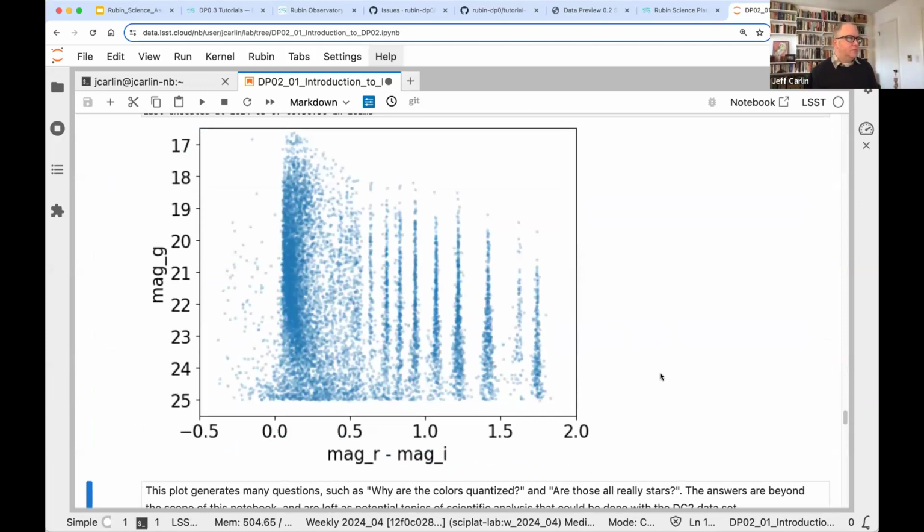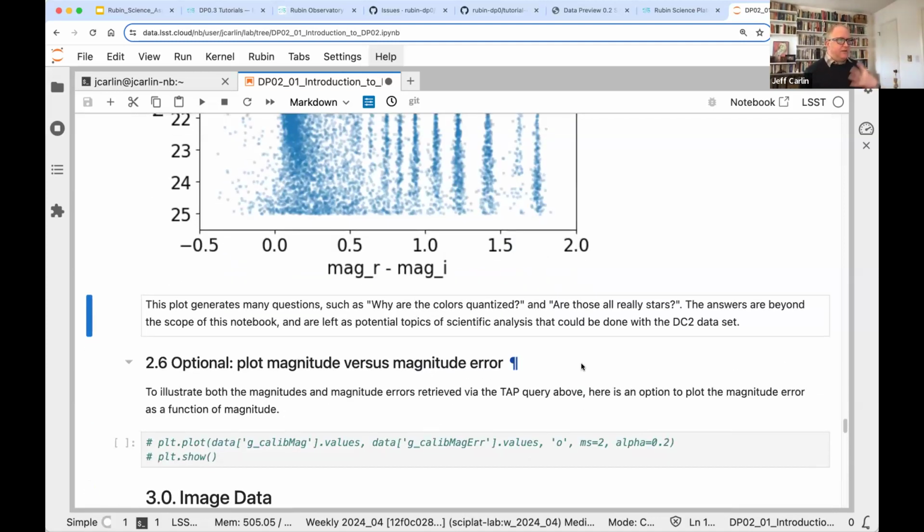And so, okay, it raises questions to somebody who's a Milky Way scientist like me, but this is an artifact of the simulation, these stripes. Yeah, this is just to show you this type of environment you'll be working in. And I won't go any further with this because we have only a couple of minutes, and I want to see if there are any other questions.